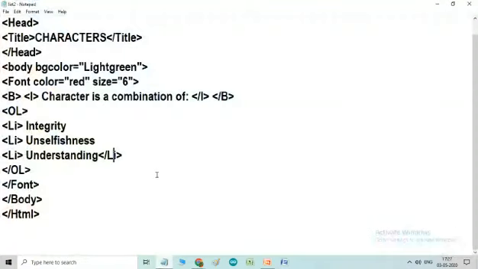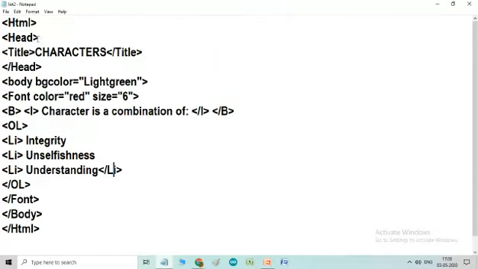Here I have created one HTML page coding. In this coding you see in the head part, head, title, and the title name I have given is characters. In the head I have defined the HTML head and title, and head is closed here.